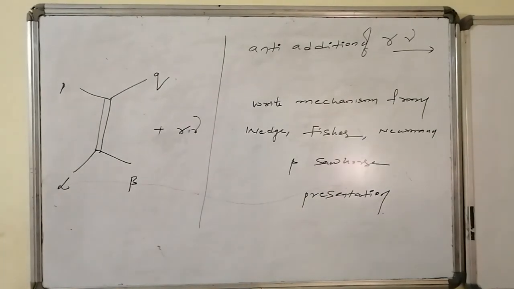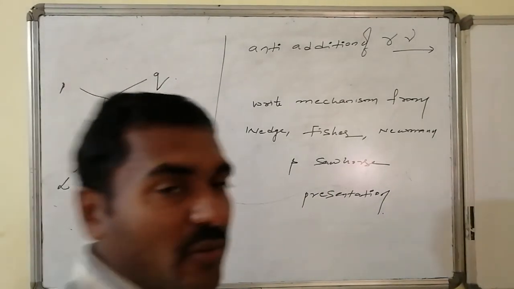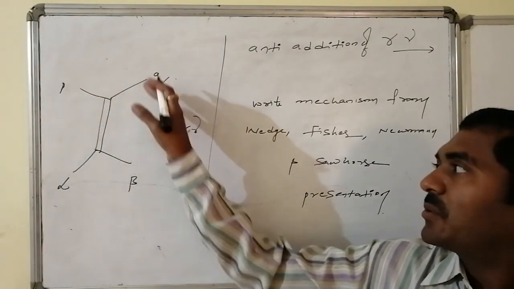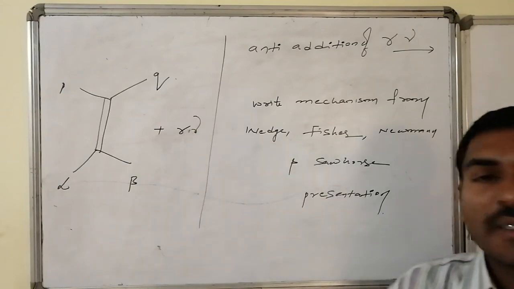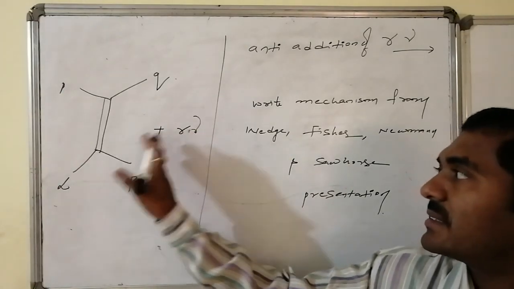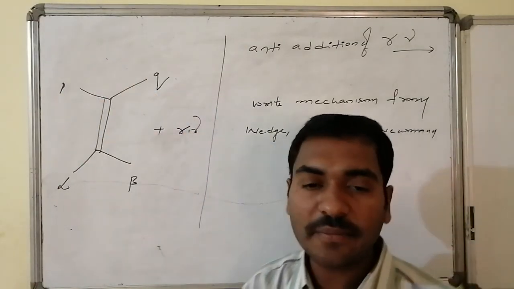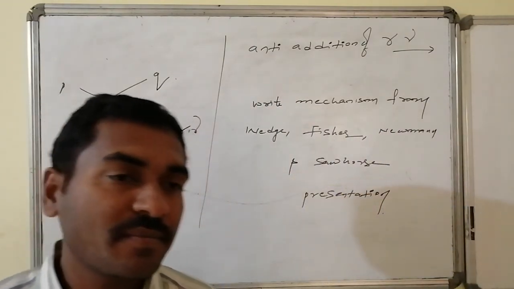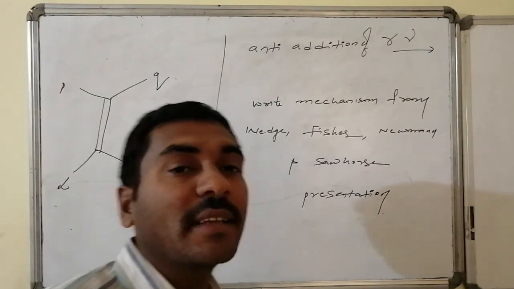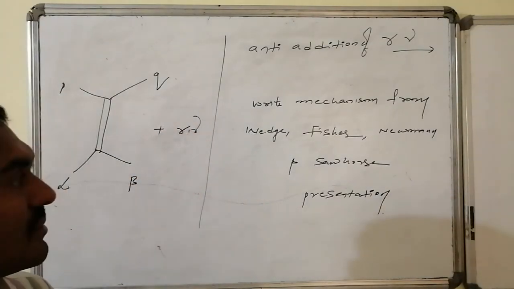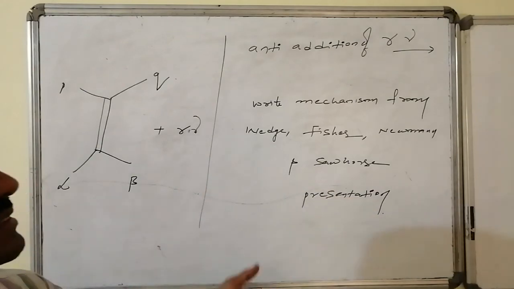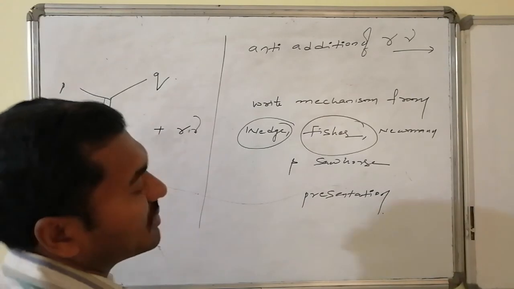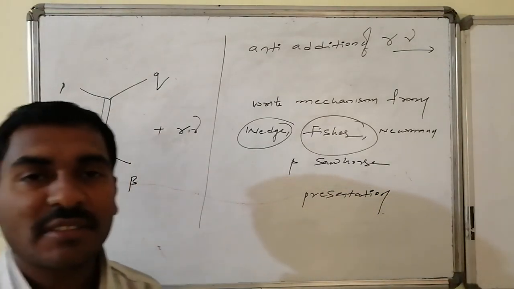Yes, there is an alkene system consisting of carbons with P and Q valencies, and alpha and beta are the valencies. For that, the PQ combination is R and the alpha beta combination is gamma, that is gamma is added over this and R is added over the top carbon atom. Thus, gamma and R are going to be added in anti-addition. Then you are asked to write the corresponding products by taking wedge presentation, Fischer presentation, Newman presentation as well as the Sawhorse presentation into account.